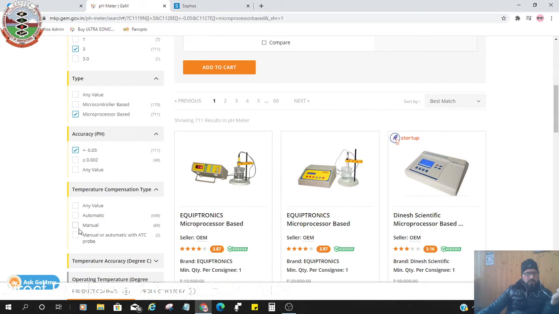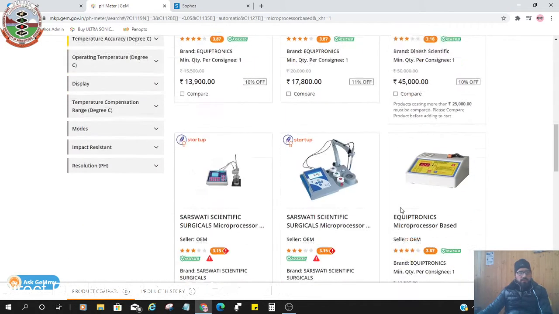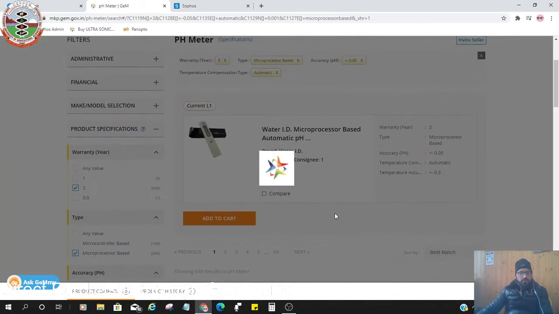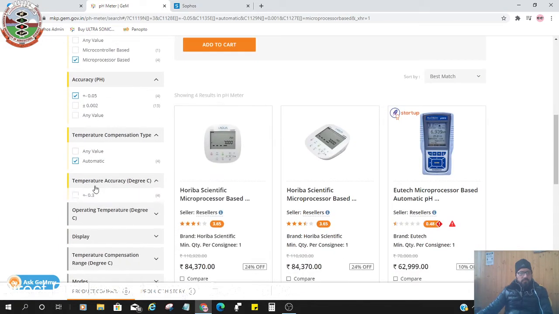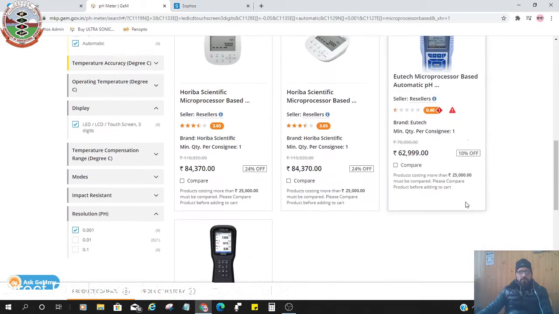Compensation type, whatever, it can be automatic, manual, whatever. Likewise resolution. So these are the specifications.